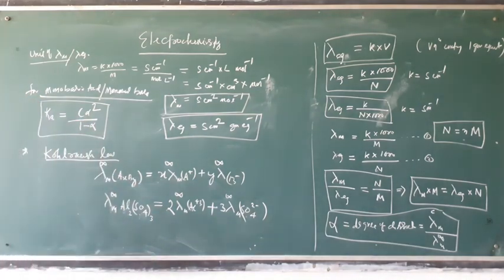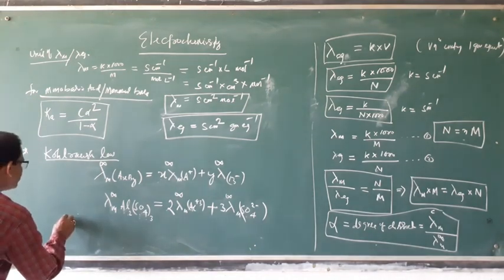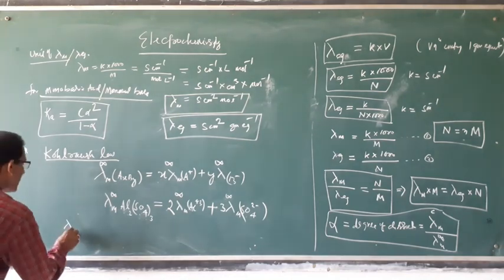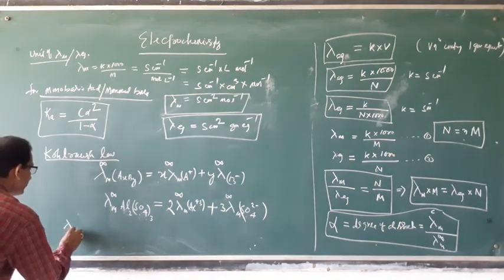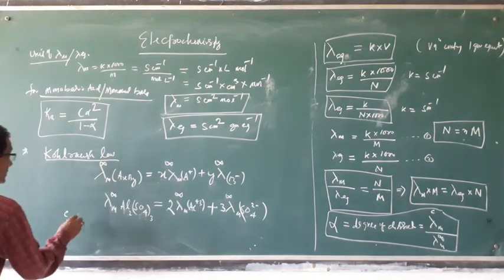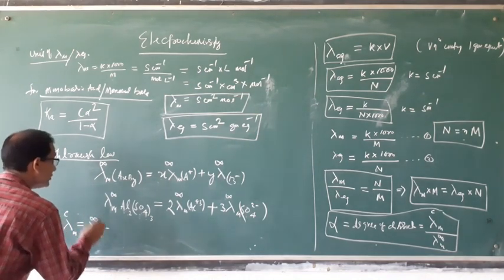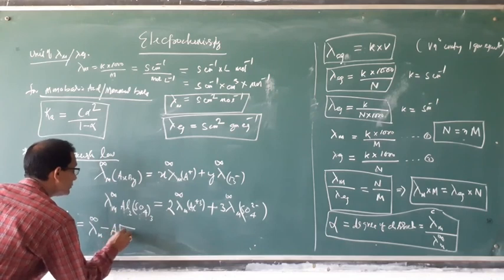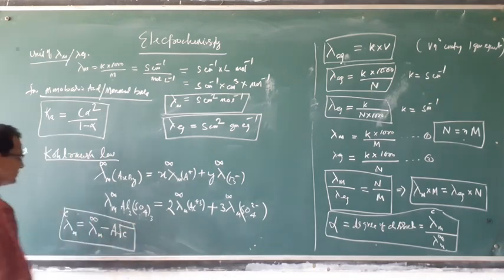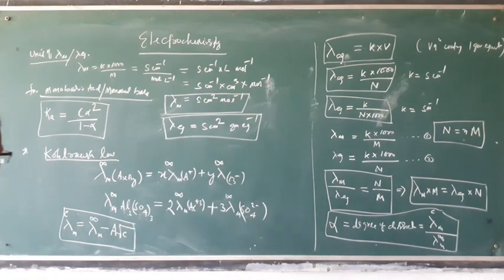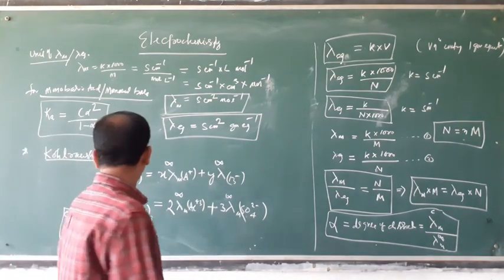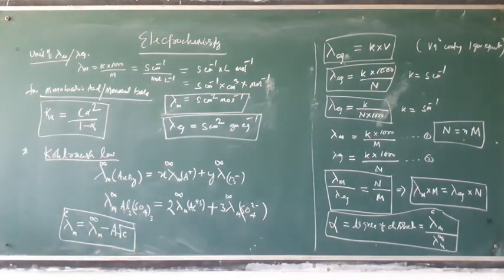Okay. Then the relation is lambda m at any concentration is equal to lambda m at infinite dilution minus A into square root of c. This equation is a relation between what? Conductance, that is molar conductivity, and concentration. We know that